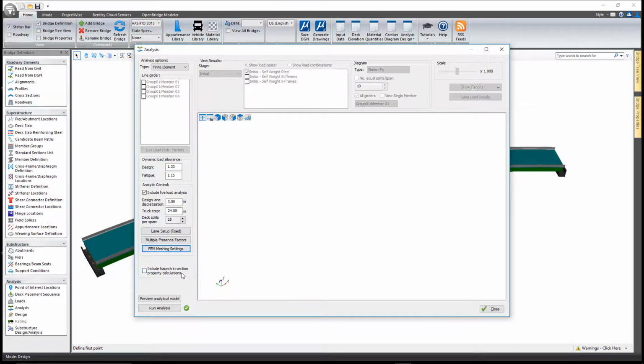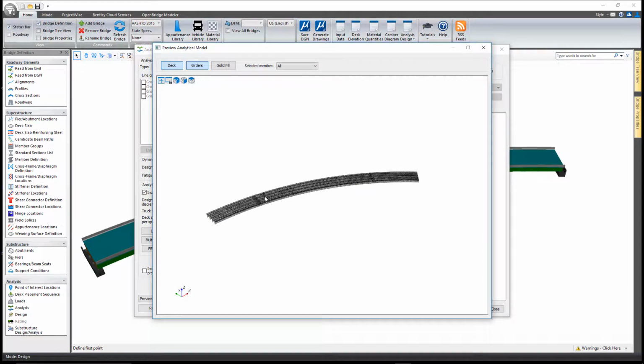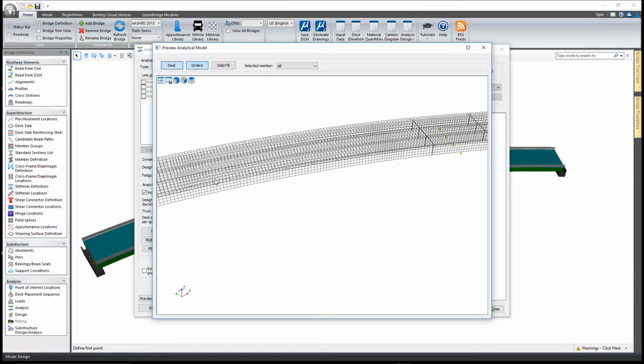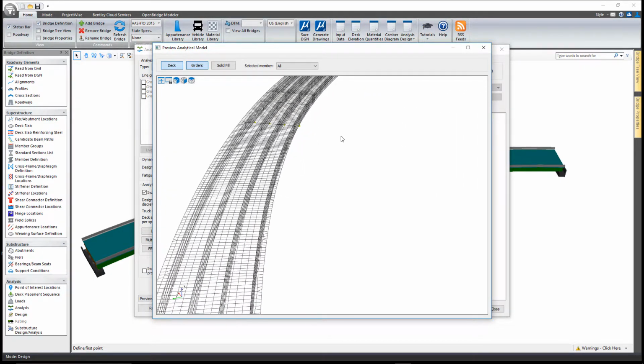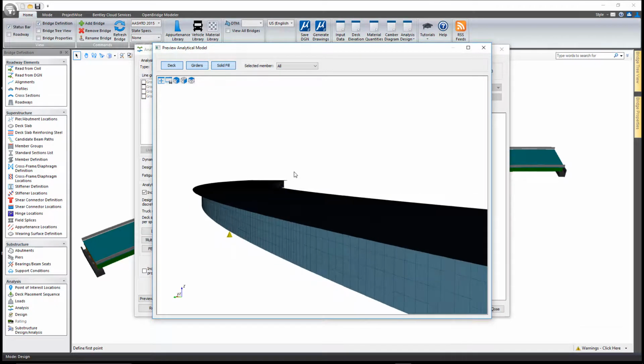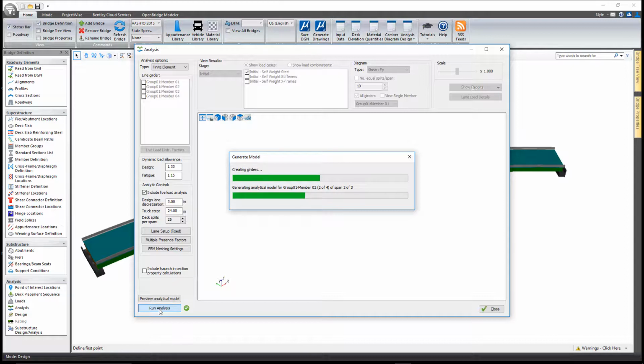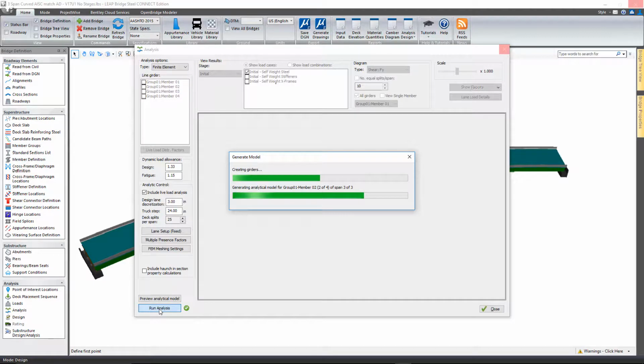You have an option here to include the haunch in the section properties. You can preview the analytical model, and it'll show you what that mesh will look like for the model. You can either view that here as a wireframe model, or we can do a solid fill on that model and let you review what the resulting mesh is going to look like. From there you're going to go ahead and kick off the analysis. So I'll go ahead and select run analysis and let it start generating the model, run the analysis, and return the results here